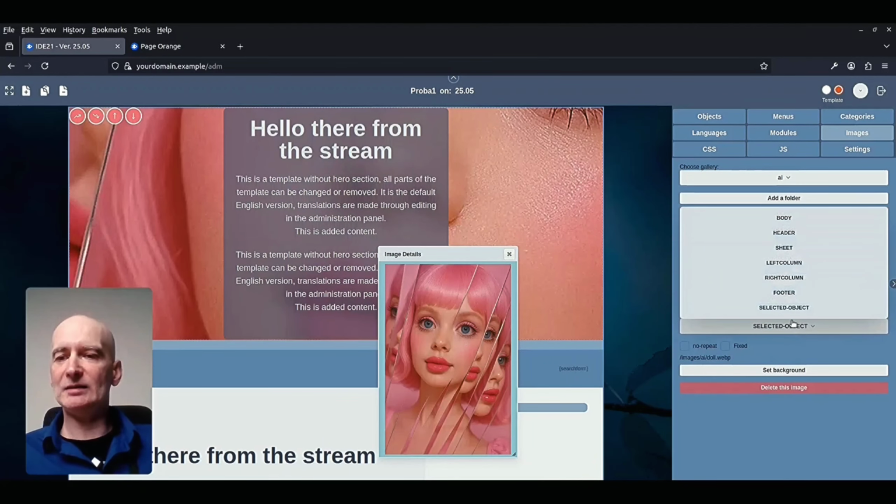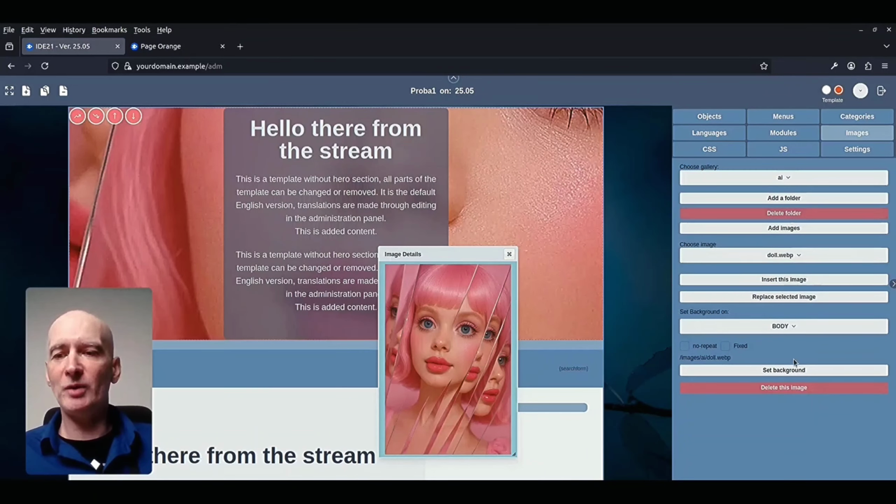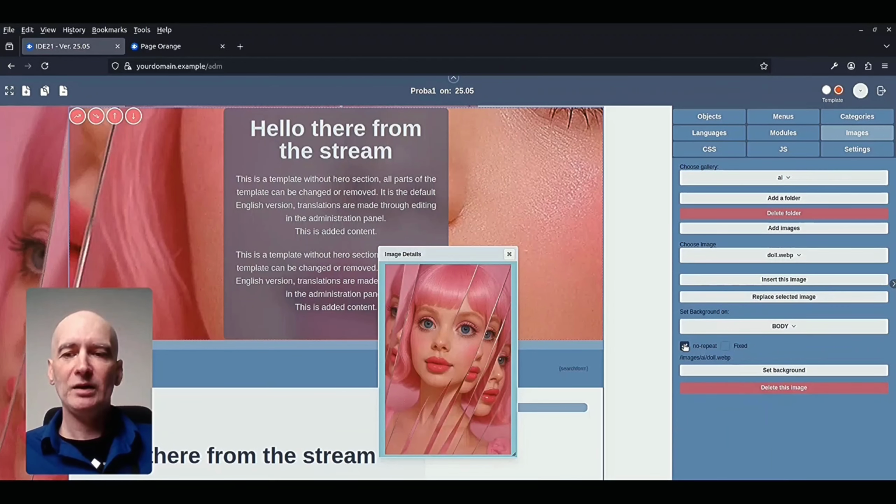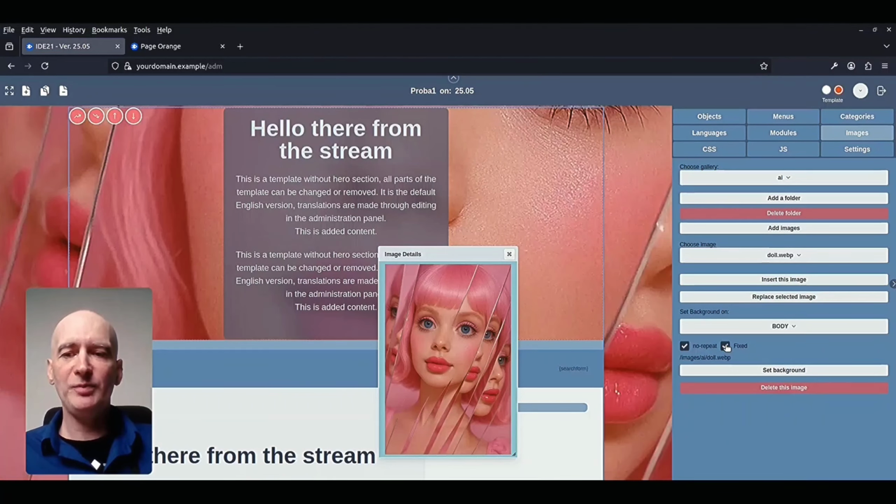When you select the selected object in the drop-down, you can see that the background is applied to the selected object. If you select the body in the drop-down, you will see that this background is set for the body of the template. We will make it no repeat and fixed.